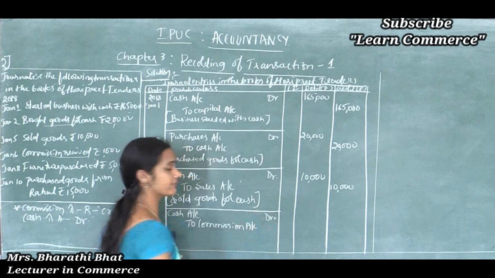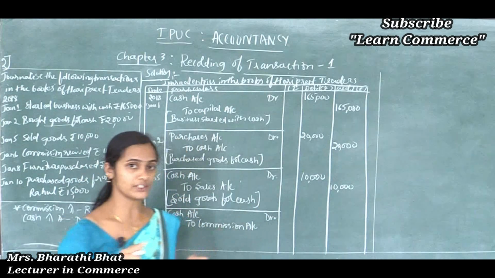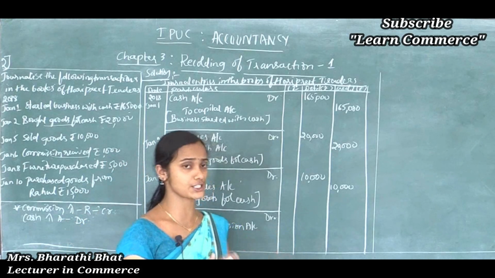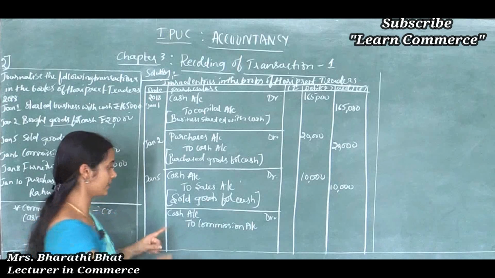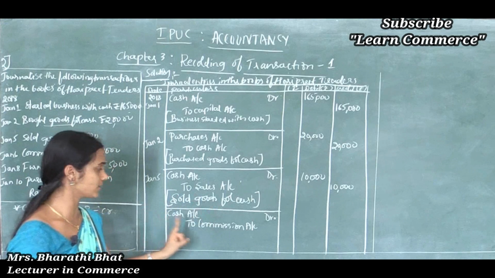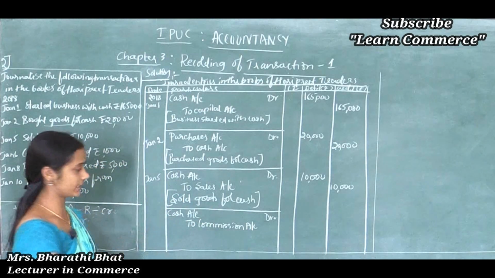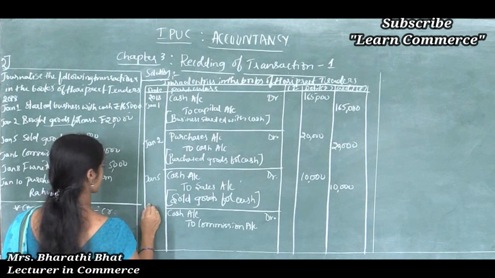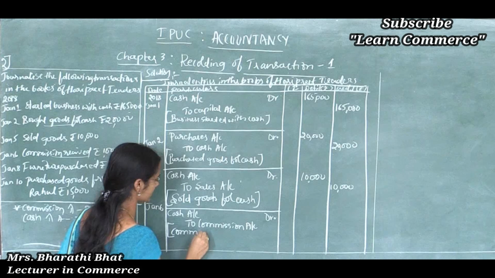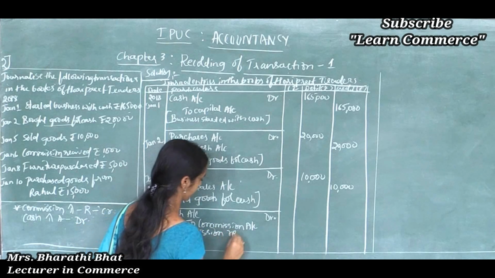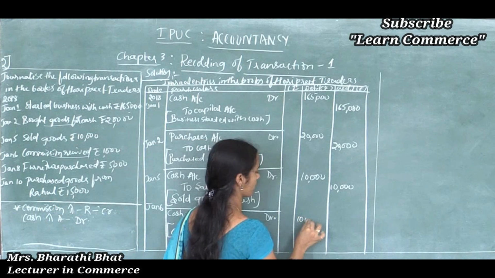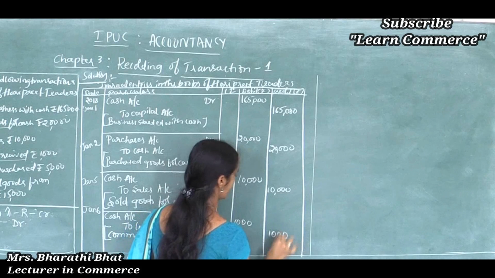Say, for example, commission paid: then commission is considered an expense for the organization. So increases in expenses are to be debited and decreases in asset are to be credited. The vice versa entry we should pass for that transaction. Here, cash account debited to commission account, date January 6. How can we write the narration for this? In bracket we should write, commission received. And what is the amount? 1,000. 1,000 amount is debited and 1,000 is credited.